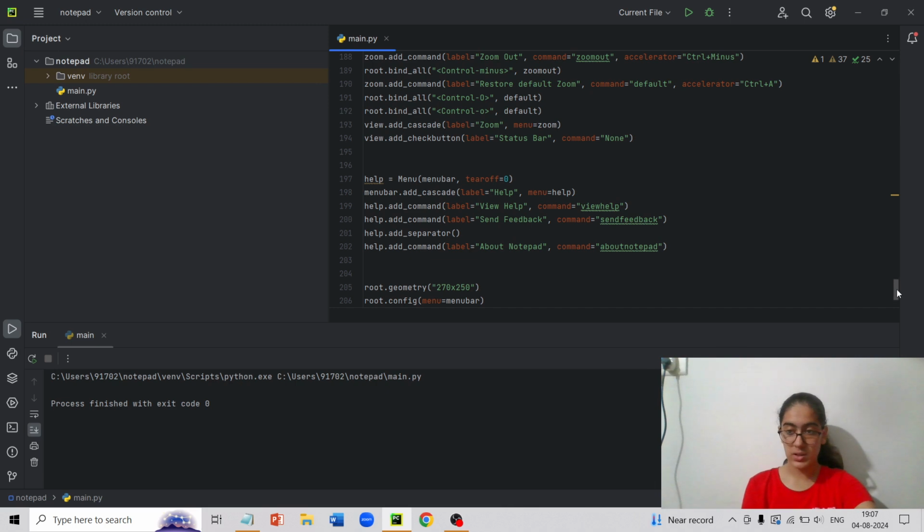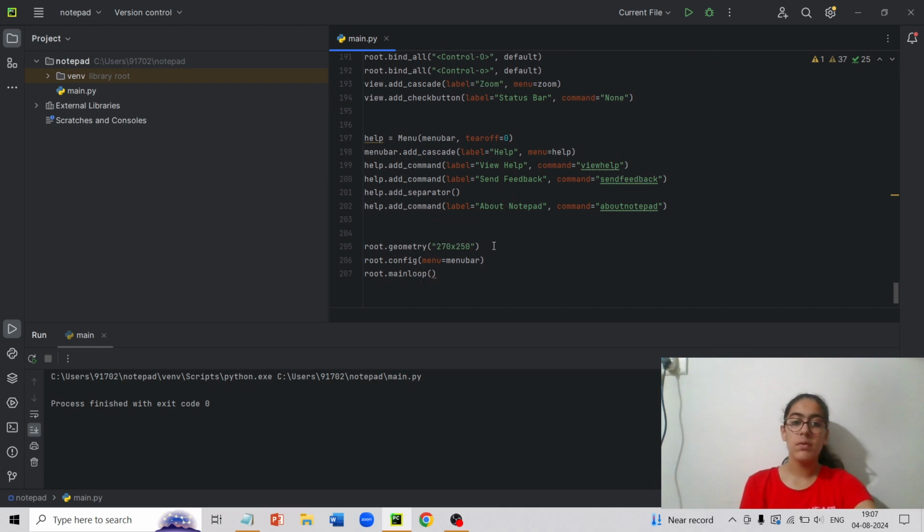So that is what happens over here. Next we have root.geometry. So geometry means the size of the root. What do you think root is? Put in the comment section. Did you put it? I'm sure most of you are correct. Root is the basic window, the arena in which all this is happening.